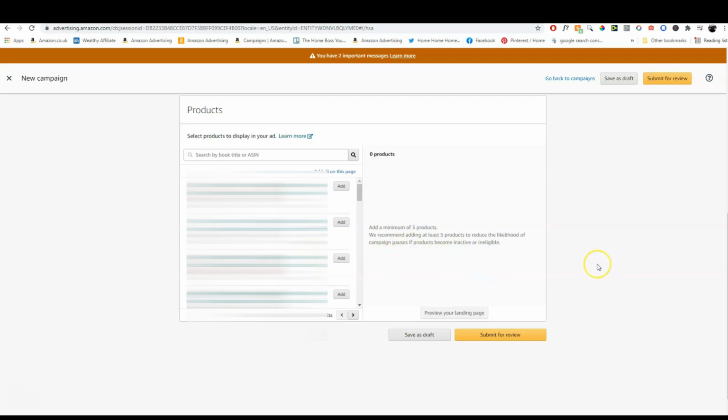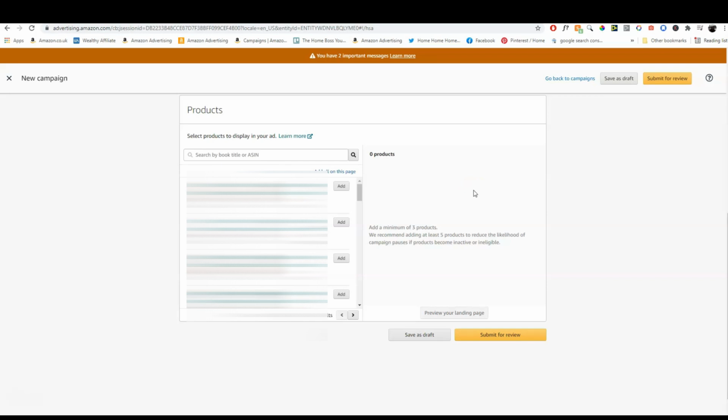I think it's also a good idea to group books together that have something in common. So for example, if they're all journals, you could group them together, or if they're all notebooks, or maybe you are making logbooks of a certain type. Group them together in a way that makes sense, so that when your page is shown to potential buyers, the books have some kind of relevance to each other.